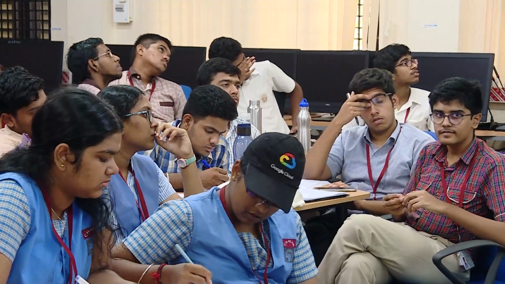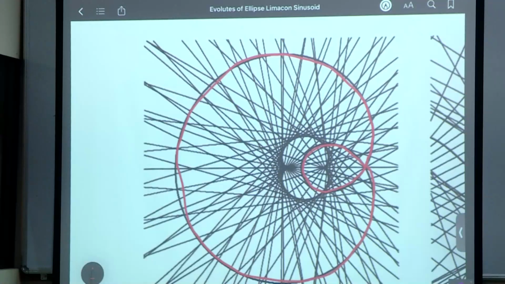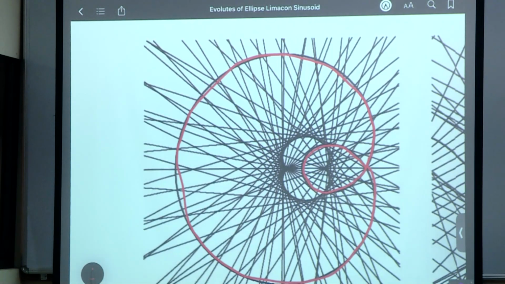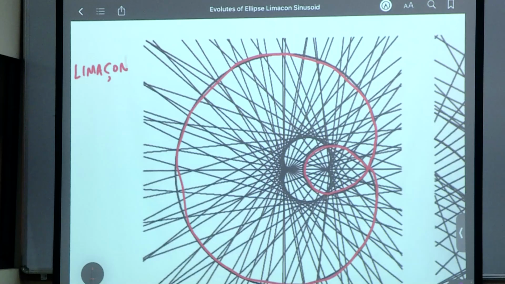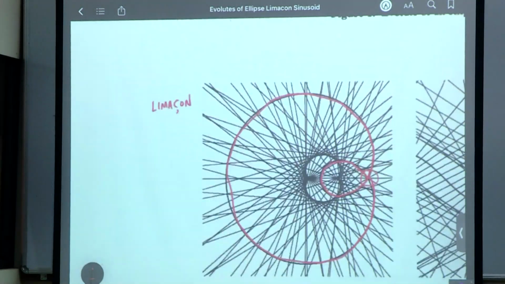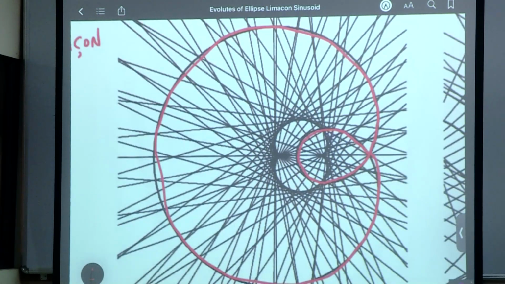Basically, you have this thing that I am drawing in red, except for that inner loop, the rest of it looks like an apple, or a heart shape, and it's called a cardioid. With this inner loop, it is what is called a limacon, the limacon of Pascal, and it's a beautiful curve. And of course, there is this point here where it crisscrosses itself. Let me remove that. So this is this curve, and again what you do is you start drawing normals to